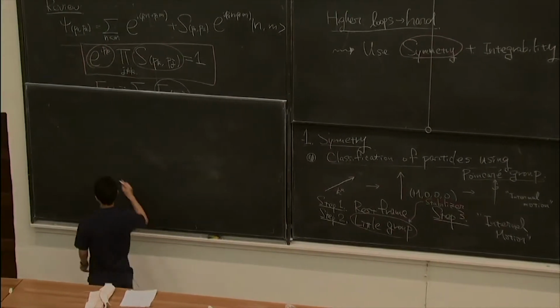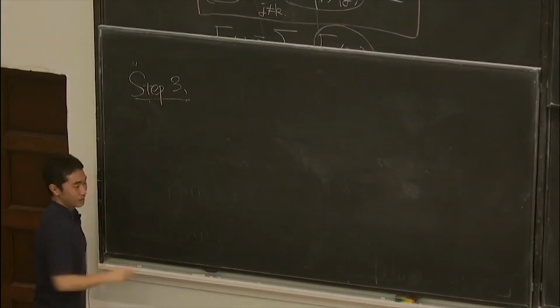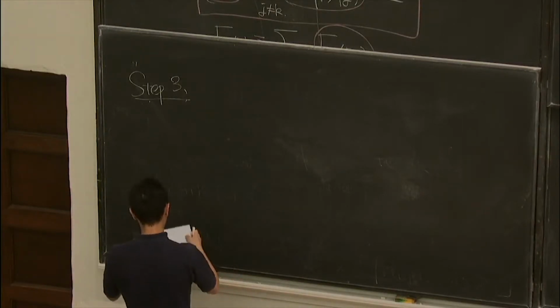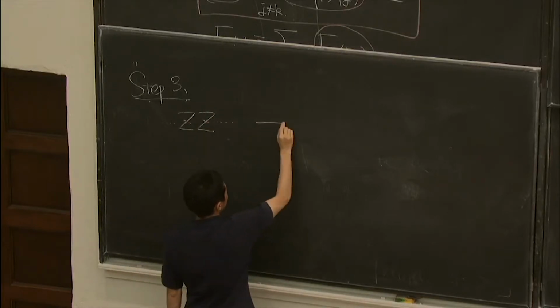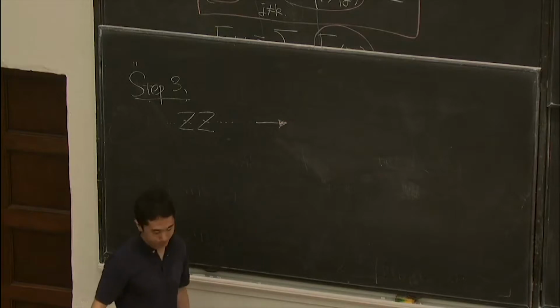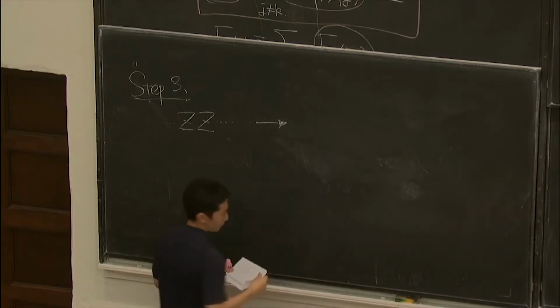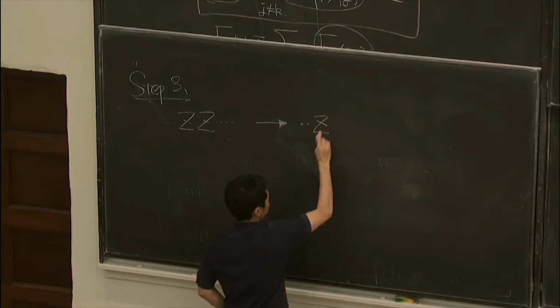So step 3 is to classify the internal motion. In order to classify the internal motion, you first need to ask what the internal motions are in this case. Essentially, what I mean by internal motion is inserting some other fields inside the trace. Originally, the configuration that I was talking about only contains z. But if you want to describe more generic operators, of course, you need to insert some other